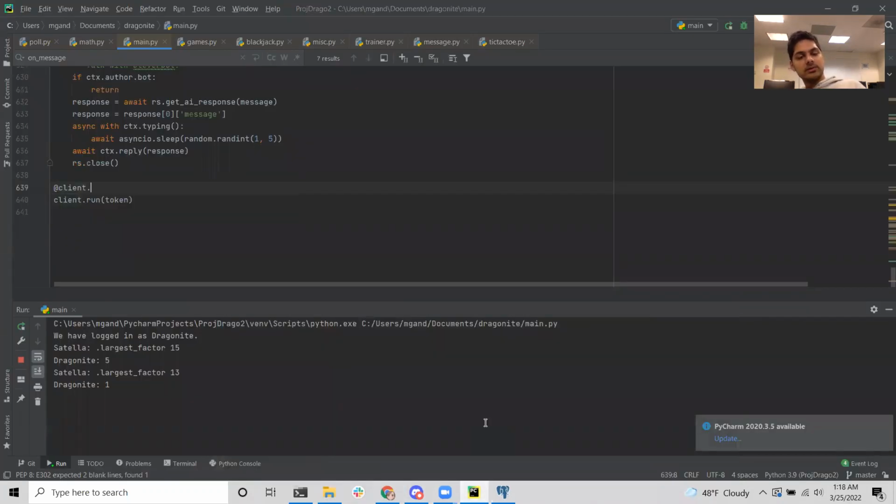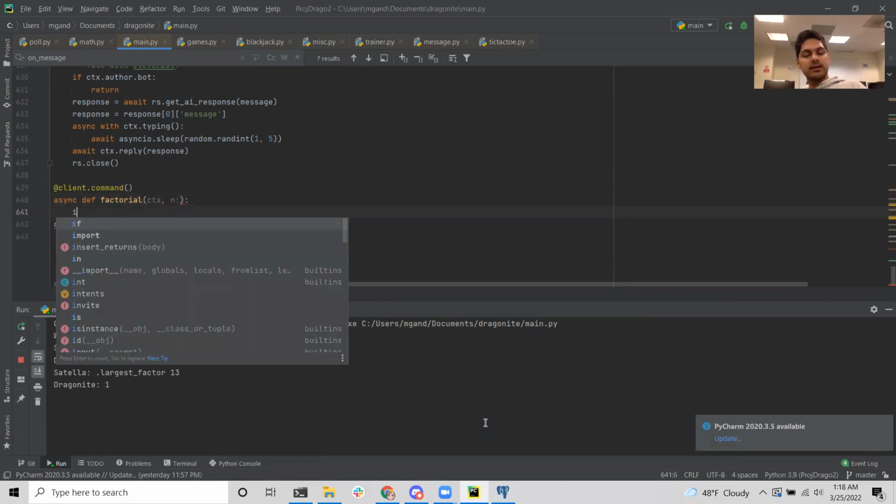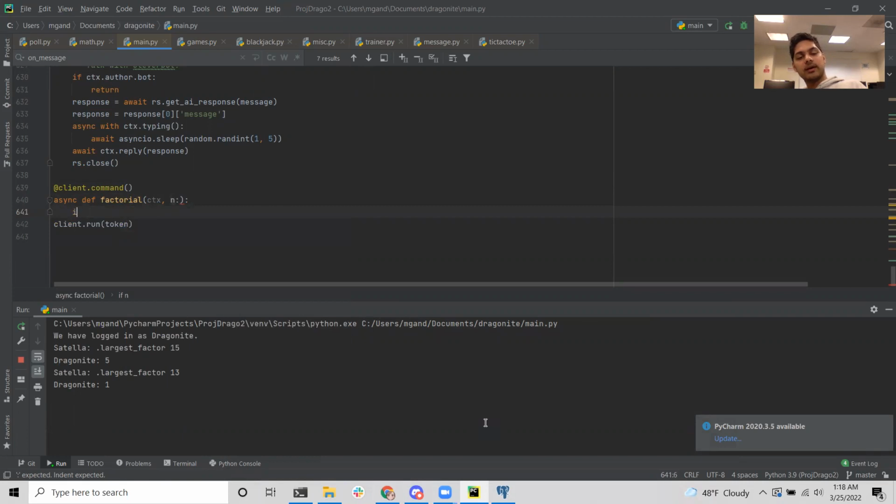Let's try the naive approach, so we have to do this recursively. Factorial recursively: return the factorial of a number n. Factorial of 0, by definition in math, is equal to 1.